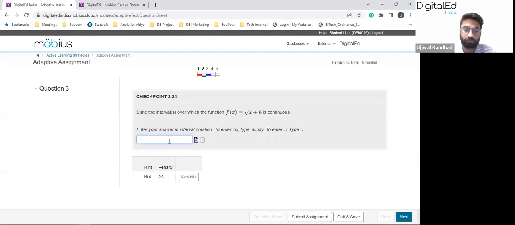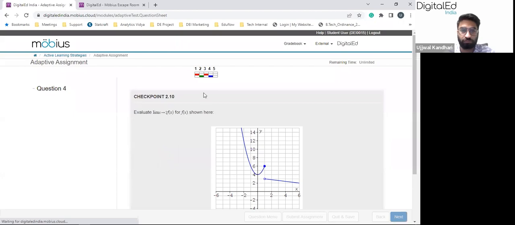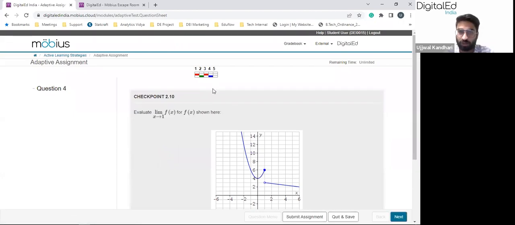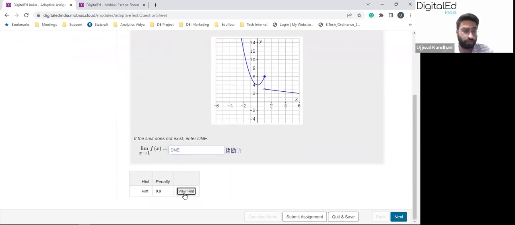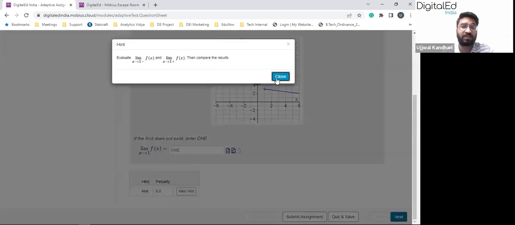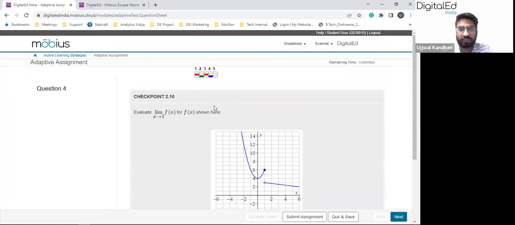Now the value for this would be -6, infinite. I can enter sets also, intervals also if I wanted to. Next. Oh, I got incorrect. I'm again moved back to a lower level of question. Limit x equal to 1 does not exist, because left hand limit is different from right hand limit. You give them the ability to have hints if you want to, but this sort of thing that a student